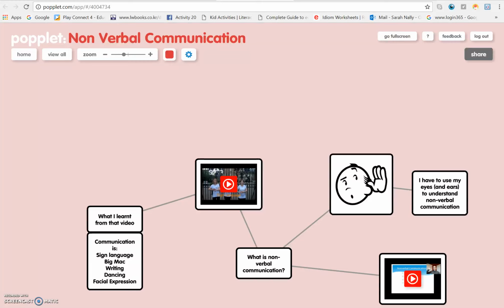So Popplet is a way to create a mind map, but it's a mind map that can include videos and images as well as text. And you can use it in a flipped classroom situation where you as the teacher create the mind map that you then allow your students to explore and to learn from. Or you can use it as a way of students demonstrating what they have learnt in relation to a particular topic. So as this one is done for non-verbal communication, we'll go through it and I'll show you some of